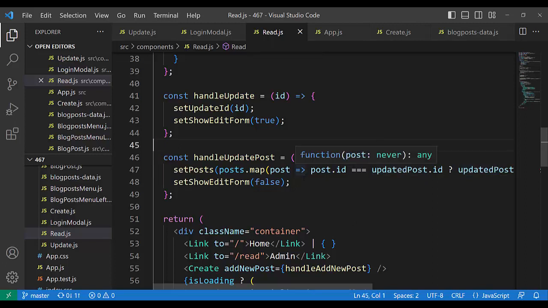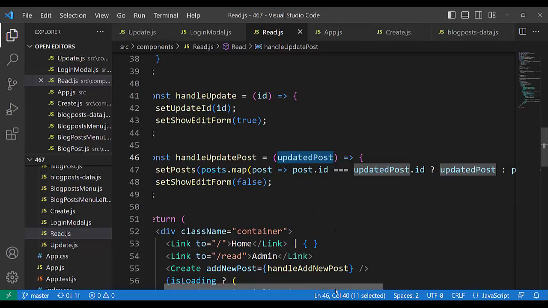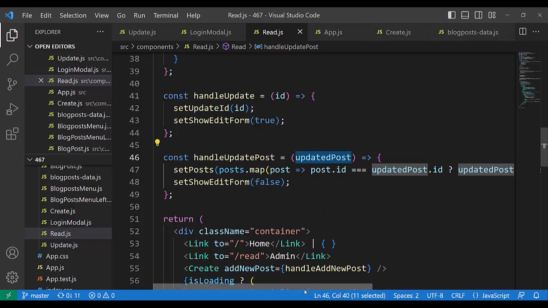And here the updated post comes in complete: it is the ID, title and heading, and blog post, and all together they will be all posts